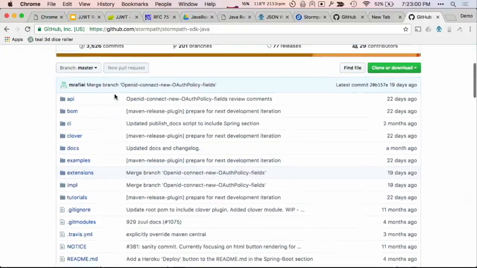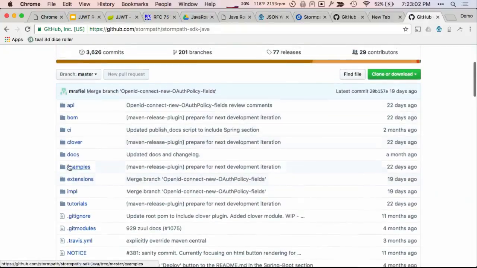As Matt said, we have the API and the impl. That's the foundation of everything. We separated those so that we can change around the guts. Basically, to get started with Stormpath, you would just have the API as a compile time dependency and impl as a runtime dependency, and as long as you stick to that, we can change around the guts and release, and we do everything by Semver, and you won't have to change your code.